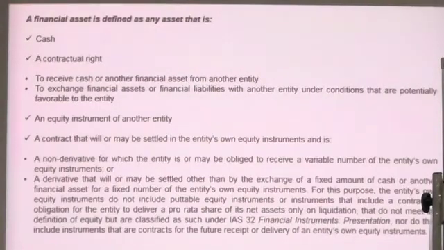Then quickly see what the financial assets are. The important point about a financial asset: assets generate future economic benefit in different ways, but a financial asset generates only cash or another financial asset. A motor vehicle will generate cash once you sell it. A motor vehicle reduces your operating cost once you use it. Therefore, it not only generates cash, it also reduces your operating cost. But a financial asset will generate future economic benefit only in cash or another financial asset. Is it clear? That's the nature of a financial asset.